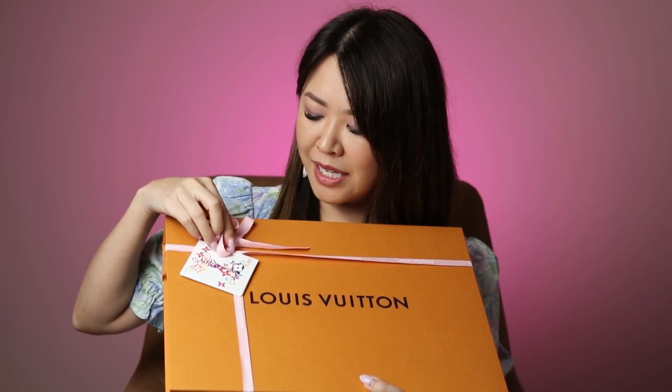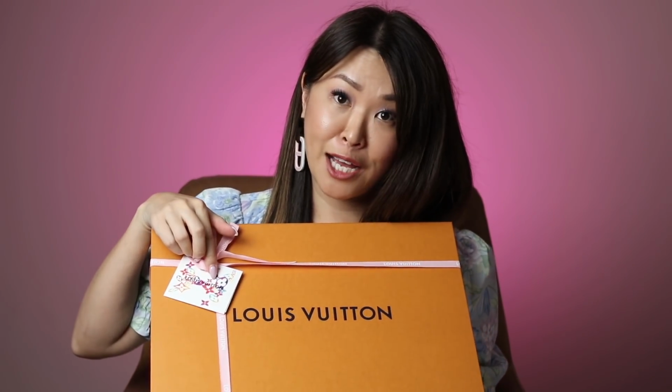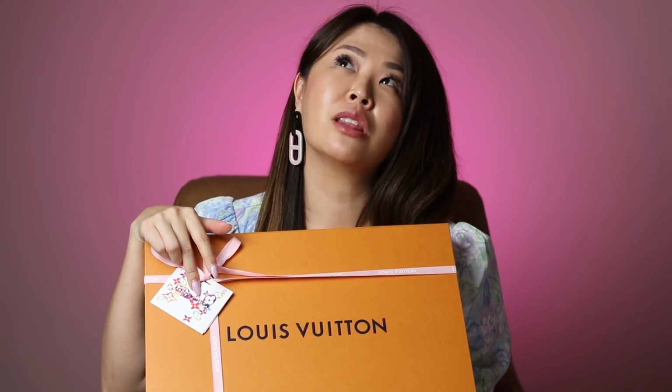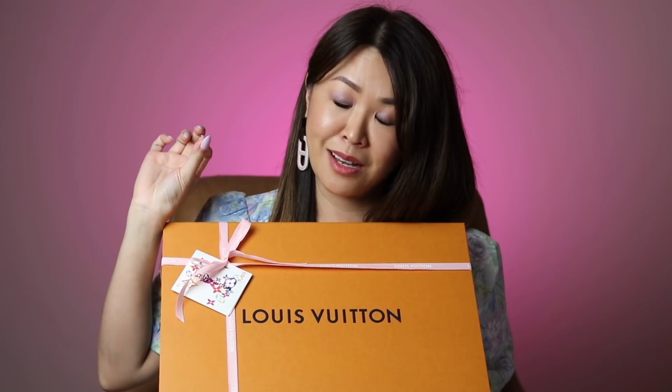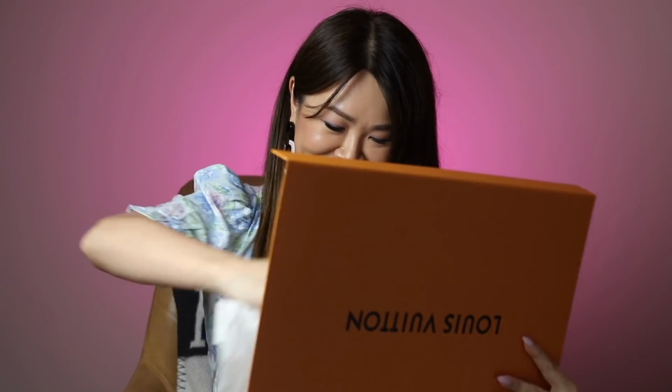And as you can see, yes, this is the card from Christmas. So I got this probably around mid-December with something else I'm going to reveal next. I did hold out on this because, yes, delayed gratification, and I'll explain when I unbox the next item. But let me just unbox this now. I'm loving this pink ribbon, which I didn't even know LV did. Anyway, in here is, dun, dun, dun,